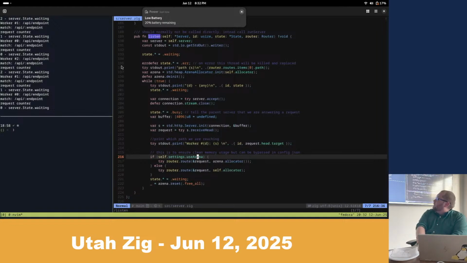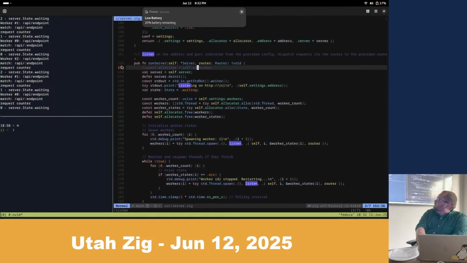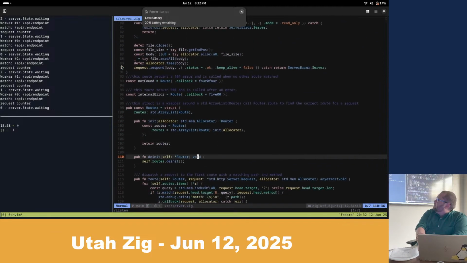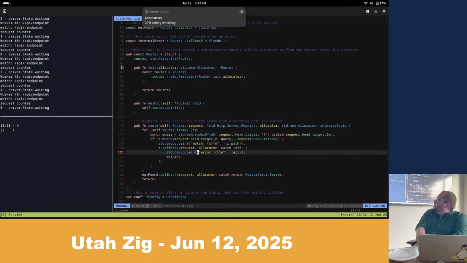And then we need to decide where the traffic goes, and I have a very simple router. So there's some list of routes, and actually we'll look at that.